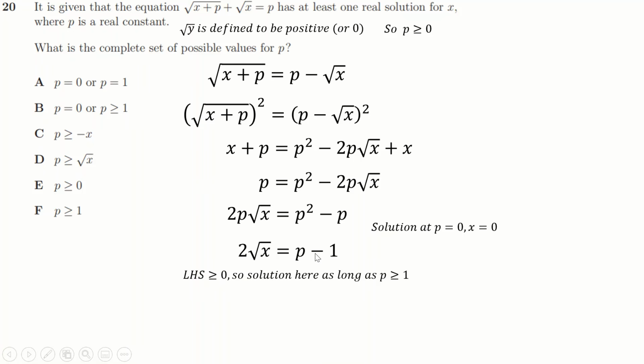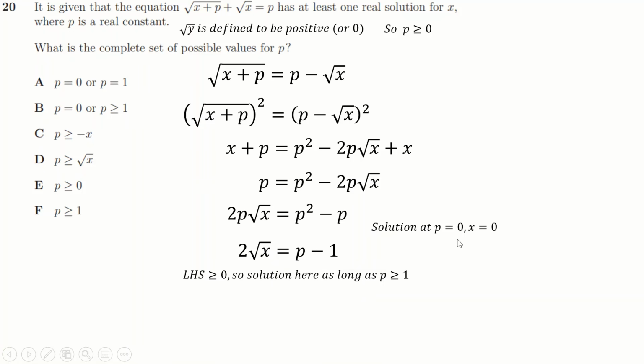And I think it's fairly logical that whatever I make x, I have to choose x to be positive, because otherwise the original statement doesn't work. You can't take a square root of a negative according to this because of this word. So whatever I choose to be x, this just ends up being some number. And I can always find a p that just takes away from 1 to make that, right? So as long as p is greater or equal to 1, this is positive, and I think I can always